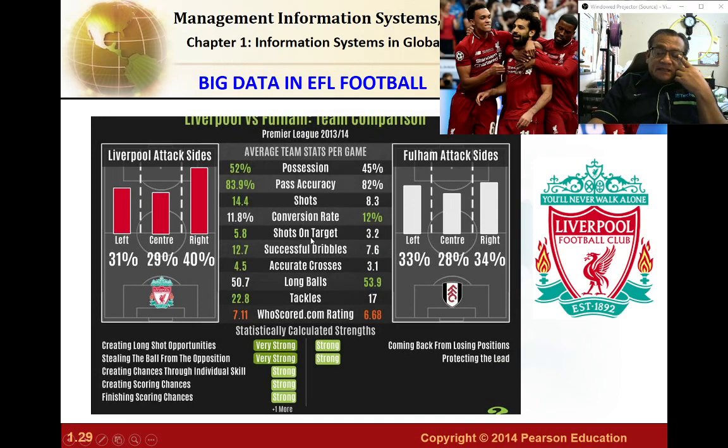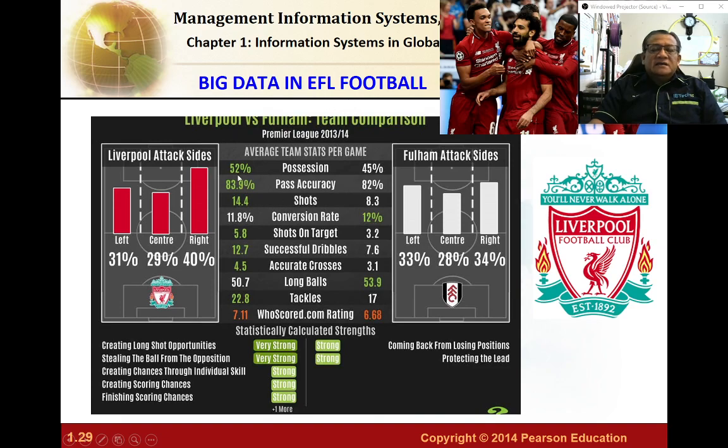Okay, nowadays big data, you have heard it once in a while here and there, right? In terms of IR 4.0, Industrial Revolution 4.0, one of the big domains is big data, and big data has been applied in many applications, not only in politics, not only in banking, not only in marketing. It is also applied in football, right? In the EPL,